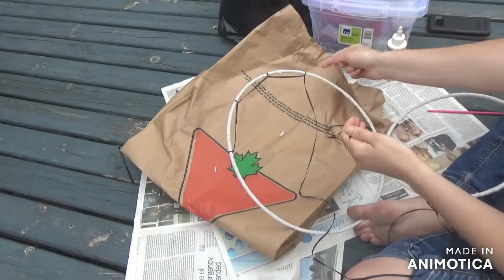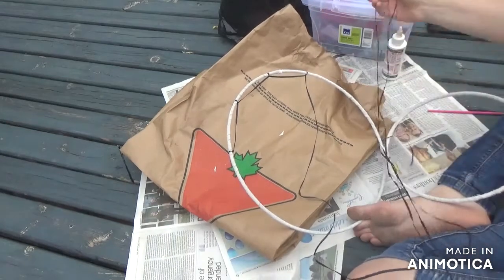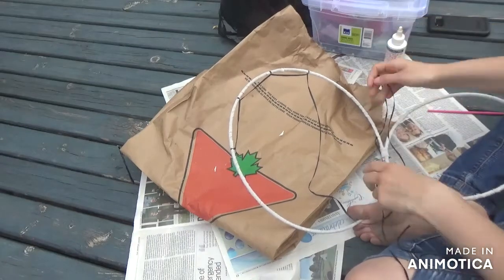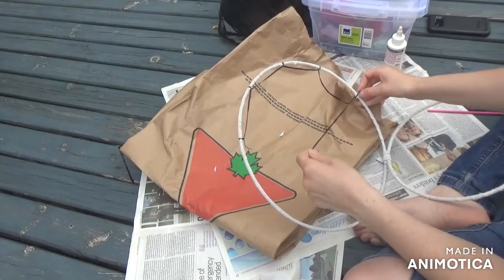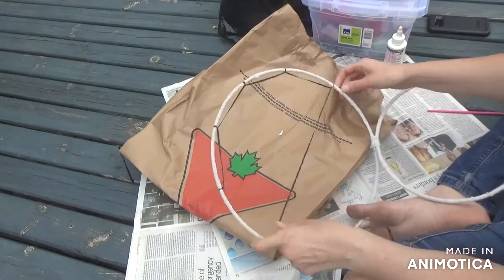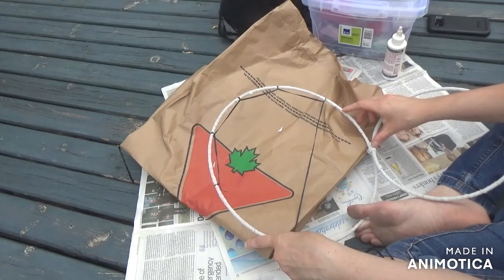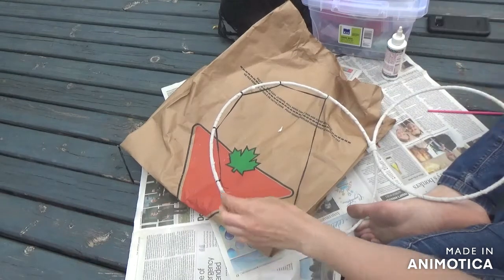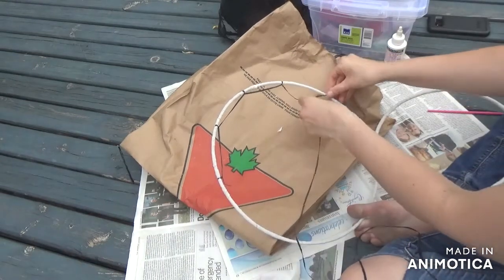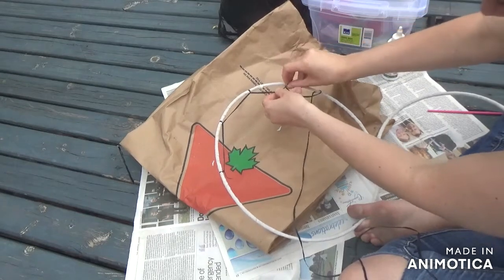Okay, so over, under, and through the hole. I'm gonna try and go a little bit faster here because I've got a large one, so this will take a while. Now I can see I'm getting closer to the middle. So if I want it to line up here, I can make these each a little smaller. I think that's what I'm gonna do. Or I can make them each a little bigger. So I'm gonna loosen them each up and just adjust them